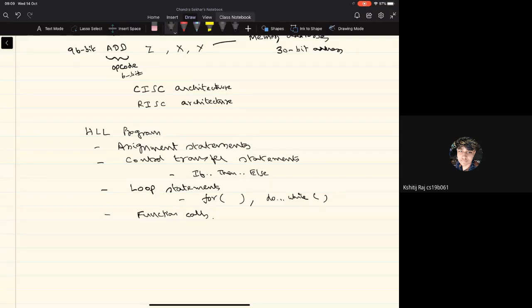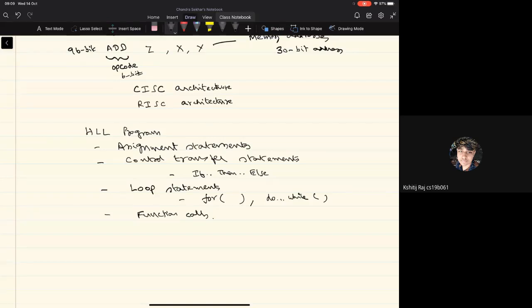Because typically you don't write the complete program in a monolithic entity. Typically you'll have different modules, and for each module there will be a function. So typically any program will be a set of functions or a sequence of functions. And for every function there is a set of input arguments, and also there may be a set of output arguments.